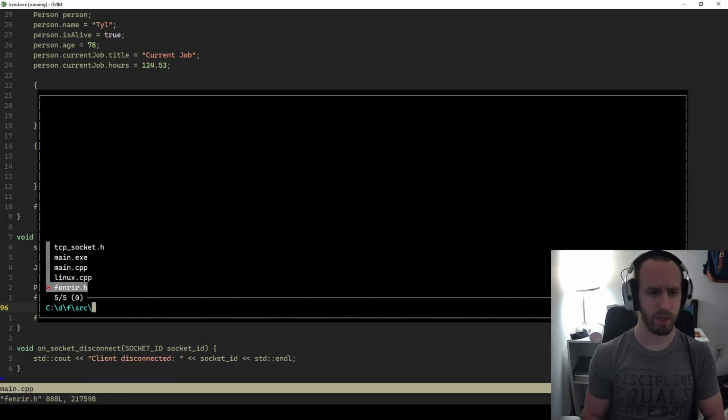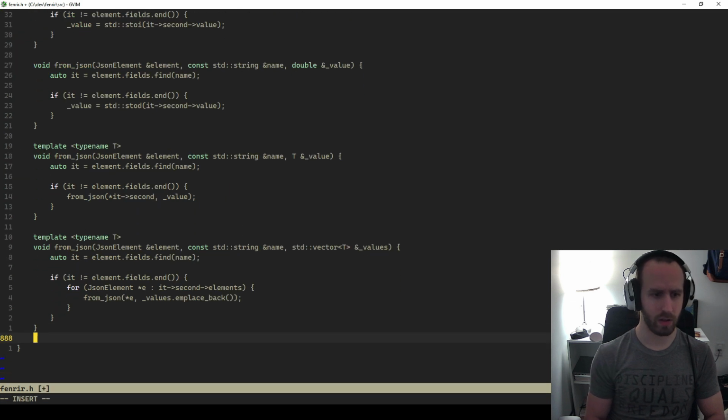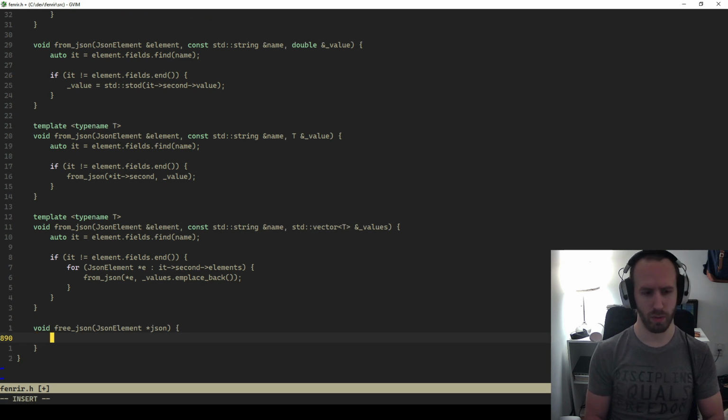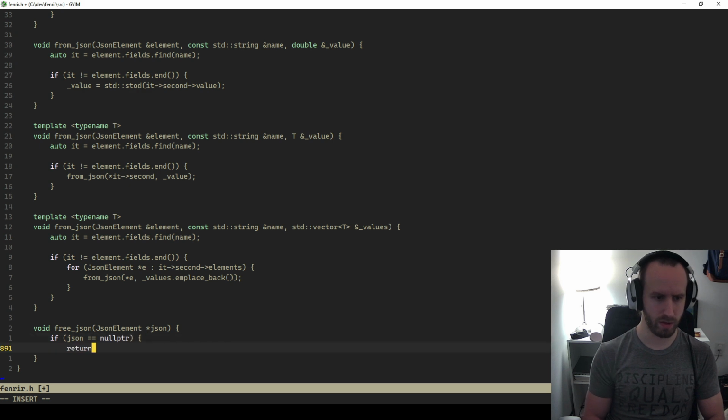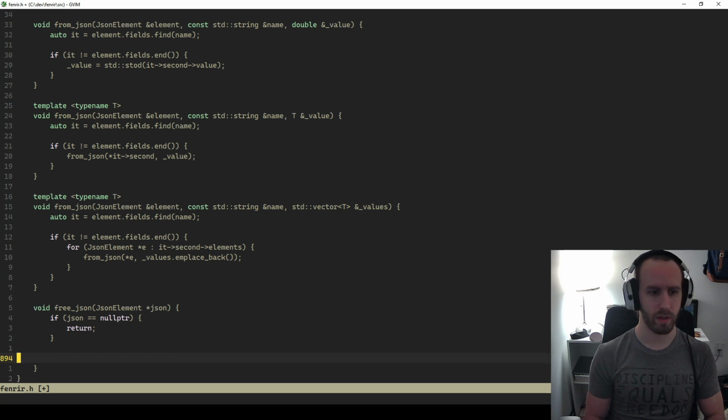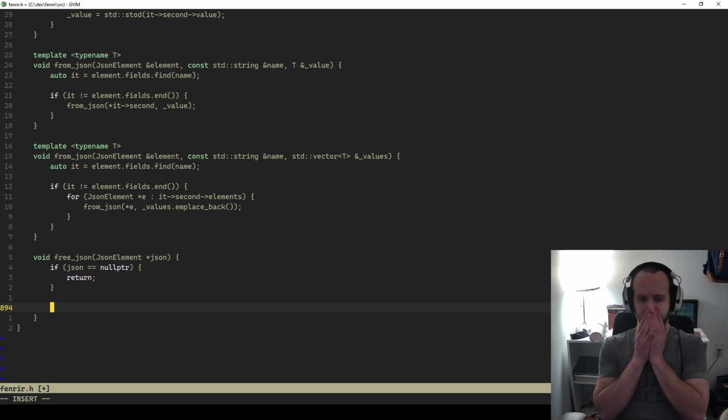So this is gonna have to be in Fenrir, free JSON, and JSON the pointer. So we can say if JSON is null, then just don't do anything. Otherwise,